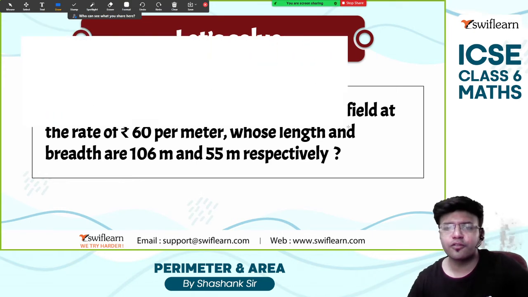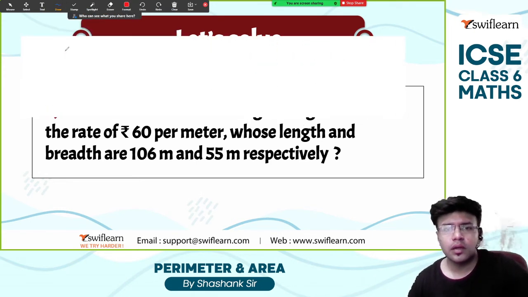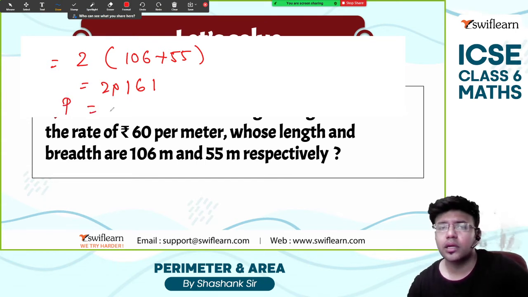So the perimeter of the fencing is, okay, it's a rectangle, so 2 times 106 plus 55. How much is that? It is 161. 161 into 2 times. So the perimeter is